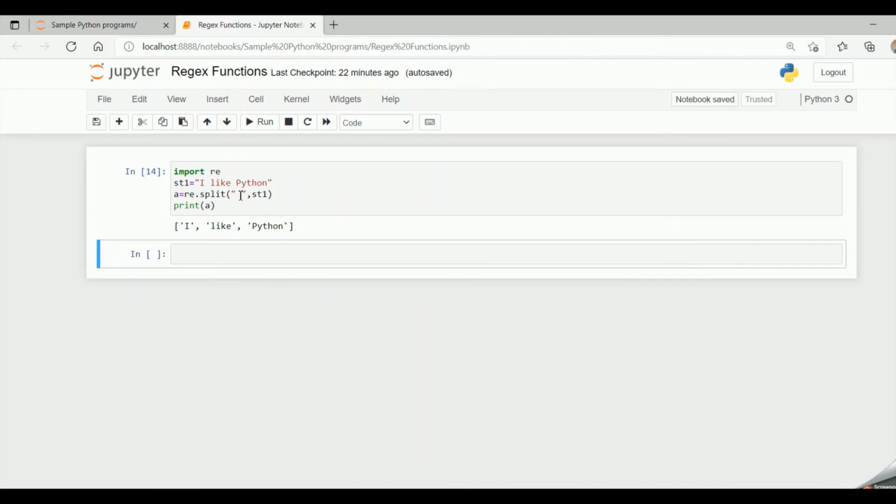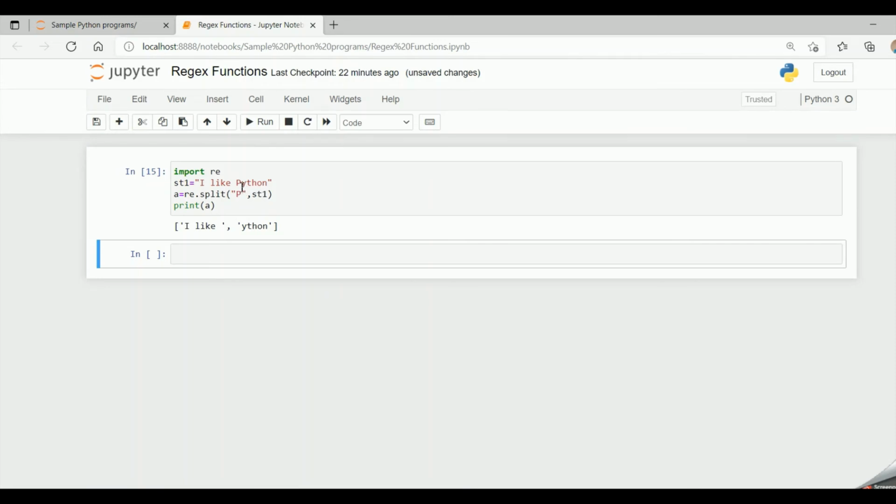Now if I give, instead of a space, a capital P, there is one capital P, so at that particular position the string gets split. Now when I run the code, "I like " is one particular string. Instead of Python, at P the string has split and it has written "ython".